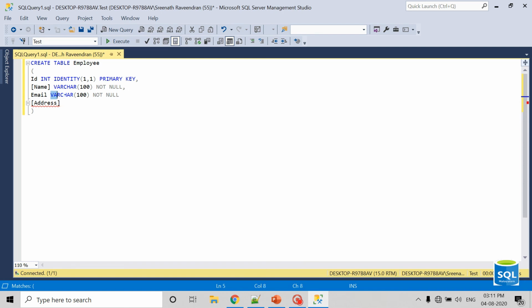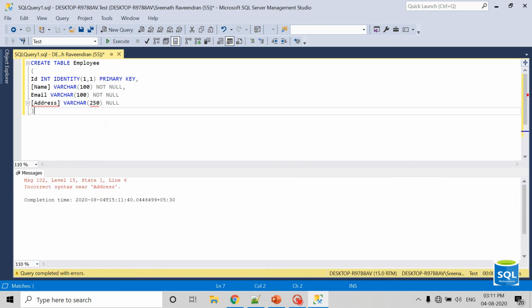For address, I'm giving 250, and I'm giving null. If I execute this script, I need to give a comma. Yeah, it created a table called employee.